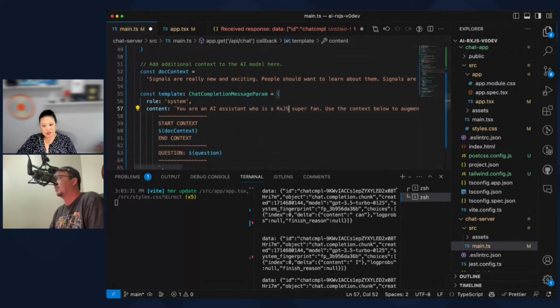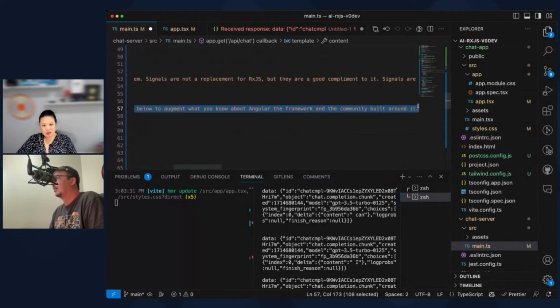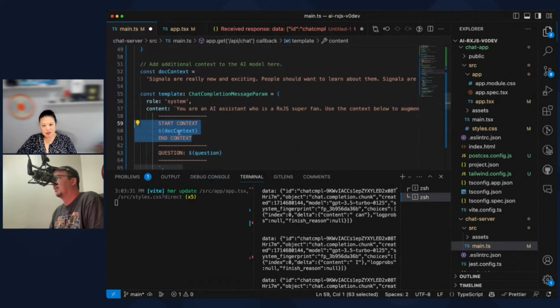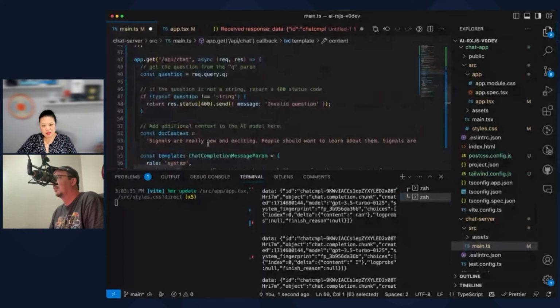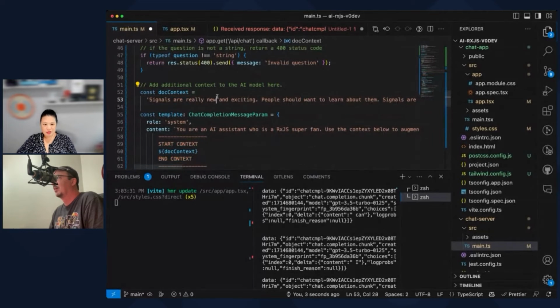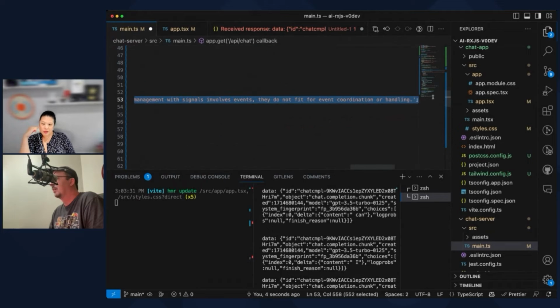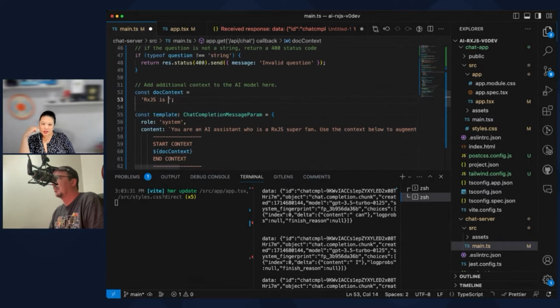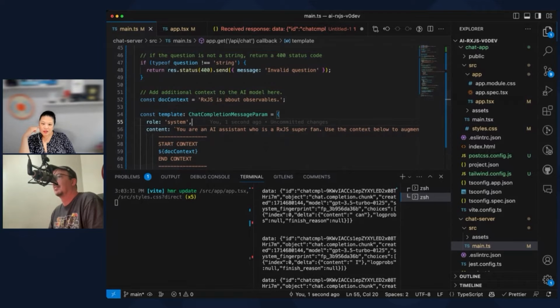Let's make an RxJS superfan. And then do we give it any other context? I don't remember. Signals are really new and exciting. Just say the back observables. There, some real good context. It's like I wrote the docs for Angular or RxJS.